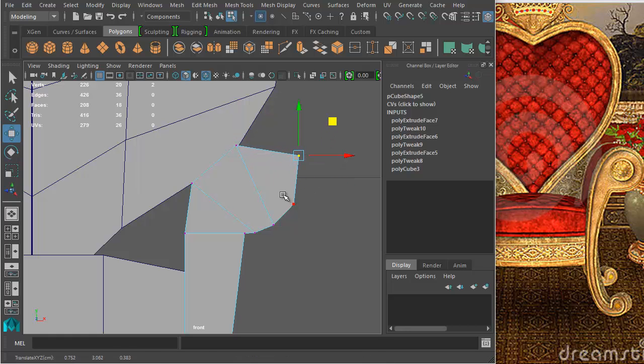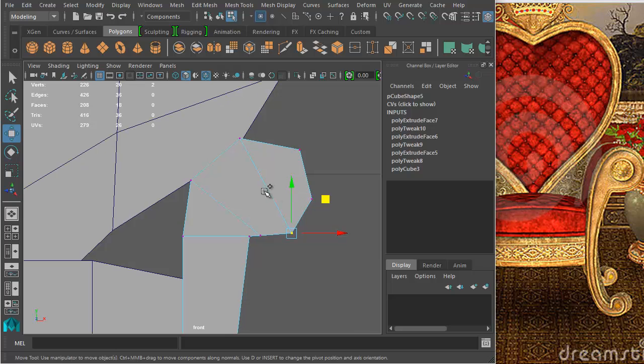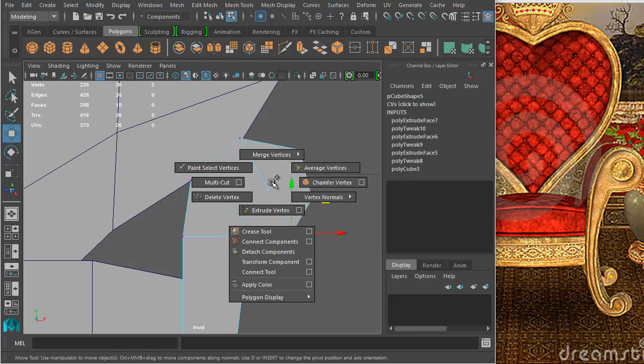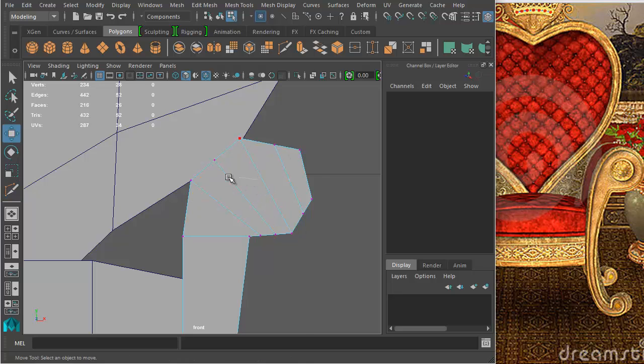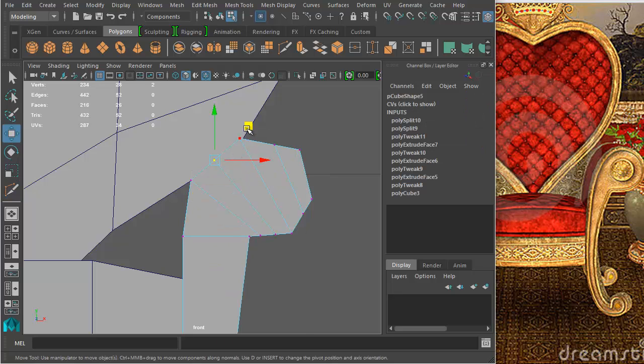And if I need more edges, which I probably will, to make it cleaner and prettier, I can just drop them in. So now I want to switch. I used the extrude face to pull these out, but now if I shift right click, go to multi-cut, and hold the control key, I can drop more edges this way. So I can drop a couple more edges, switch back to my move tool, go to vertex mode, and just